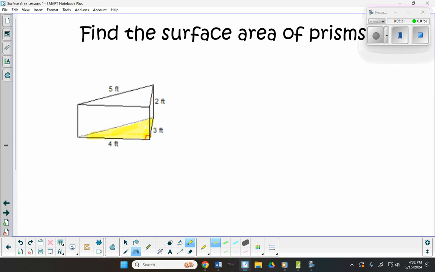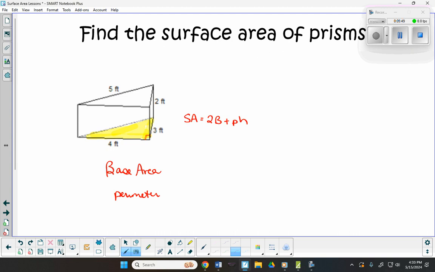And the other thing, keep in mind, we know that the base is the triangle because you have two triangles that are parallel and congruent, and they are connected by rectangles. So surface area is 2 times the area of the base plus perimeter times height. So we have to find the base area, and we have to find the perimeter